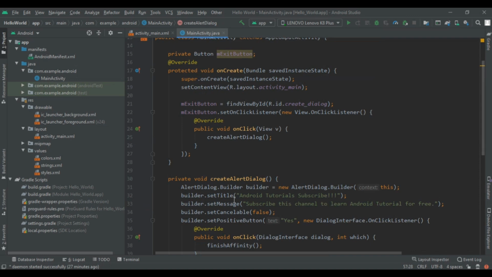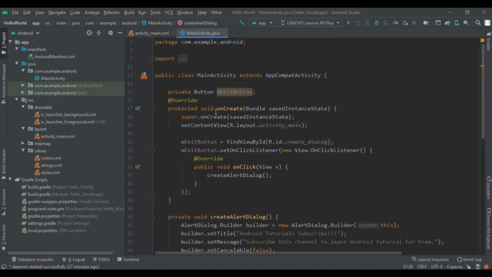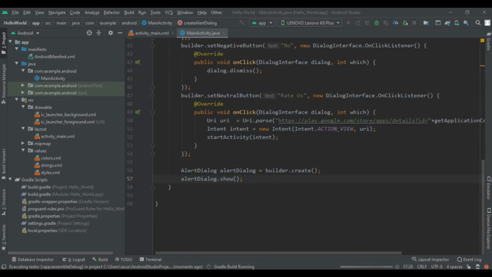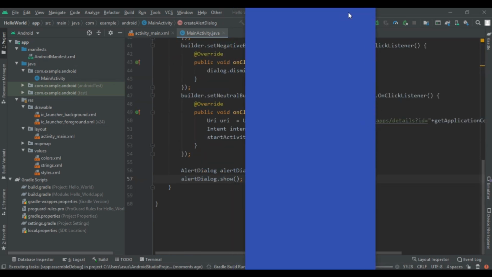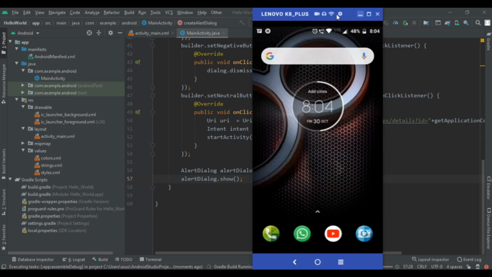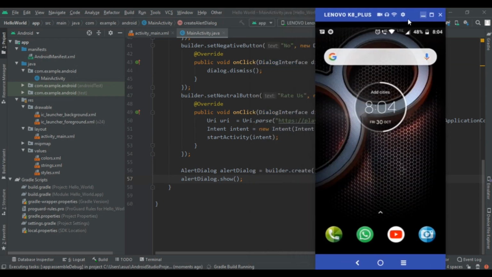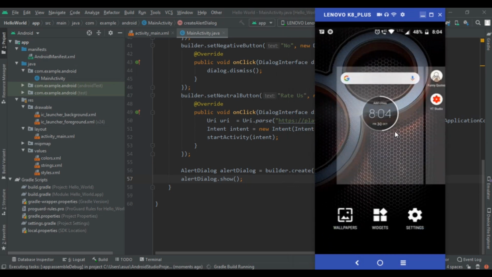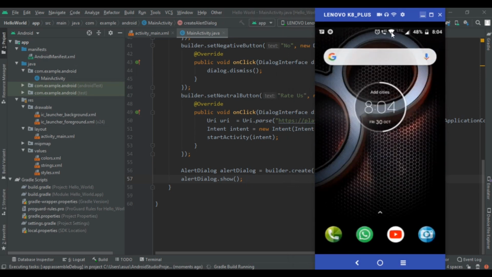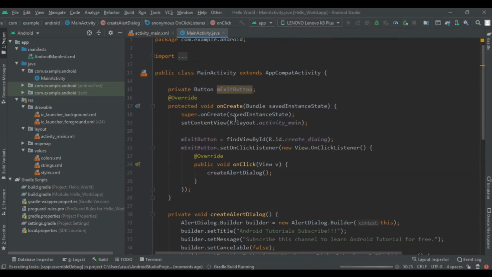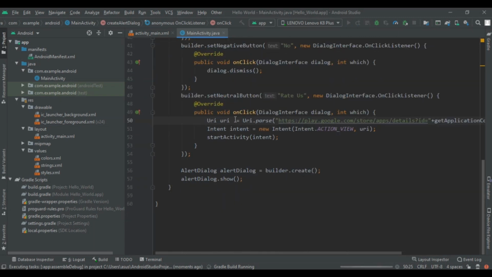Now we had created this for the on click listener on the button. So first let's test our application to see what changes occur. So here it is, my mirroring. So let's wait for the mirror to complete, for Android Studio to complete its build process.